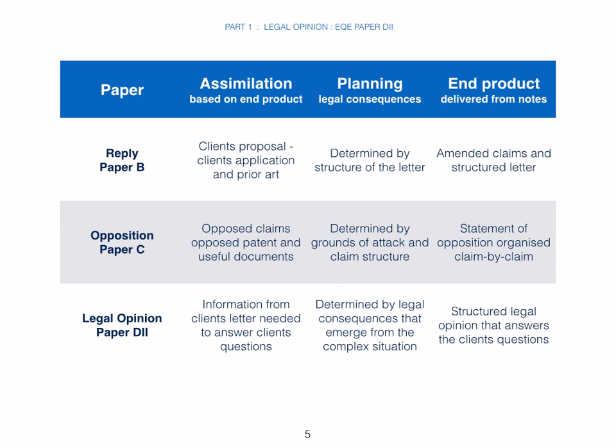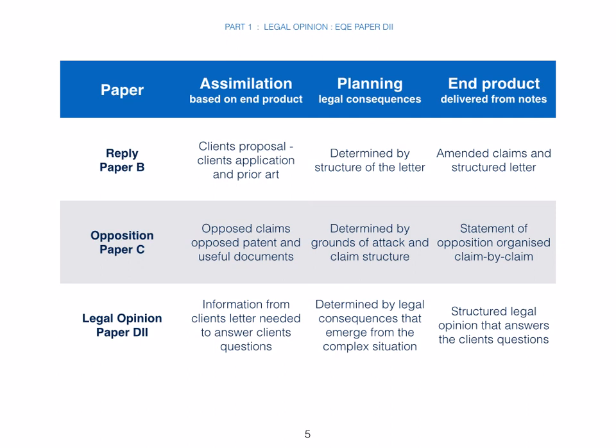For the reply, which is paper B, you have to assimilate the facts from your client's proposal, the client's proposed claims, and the client's application already filed, and the prior art which is given to you in the question. You have to assimilate all those facts in view of the end product, which is the amended claims